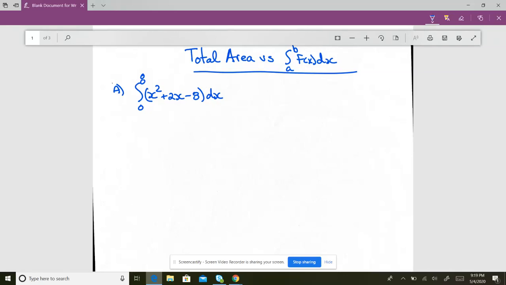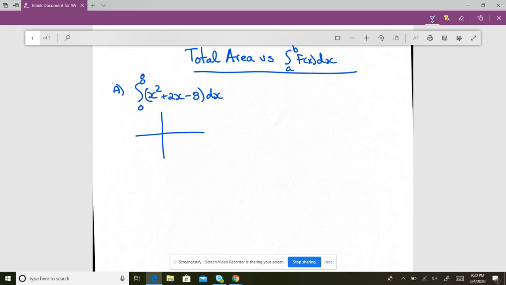All right, everybody. I'm going to do a quick little few lessons here. This first one I'm just calling total area versus the integral a to b of f of x dx. So if I have this basic integral here, 0 to 8 of x squared plus 2x minus 8,